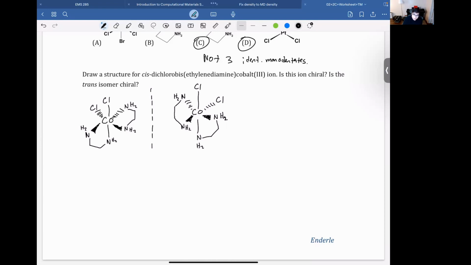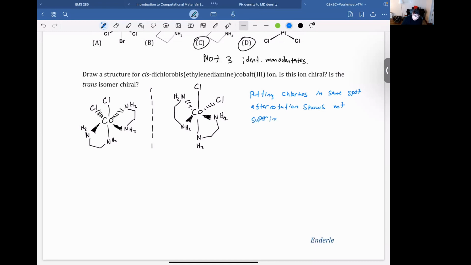Then what you do is you check if they are superimposable or not. And the answer is no. So the easy way, I'm not going to do it here, but if you rotate this one around, you will find that they're not superimposable. So we'll say that putting chlorines in the same spot after rotation shows they are not